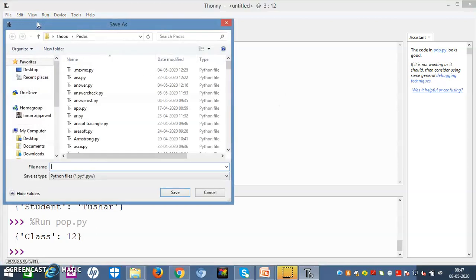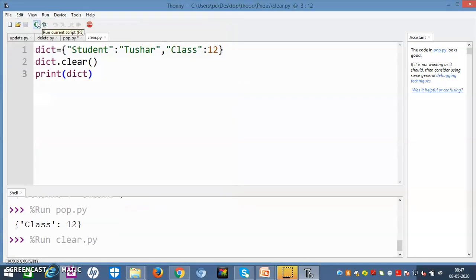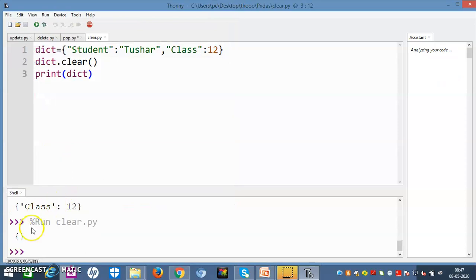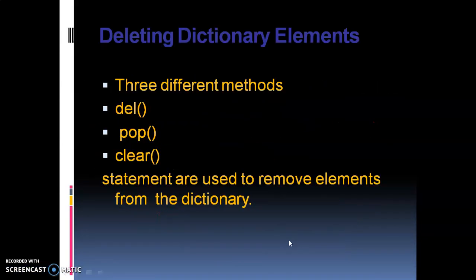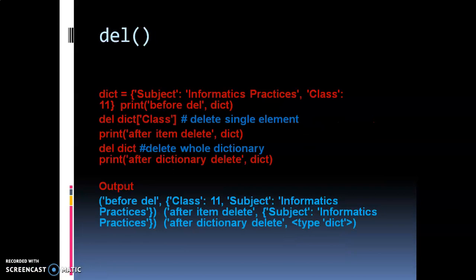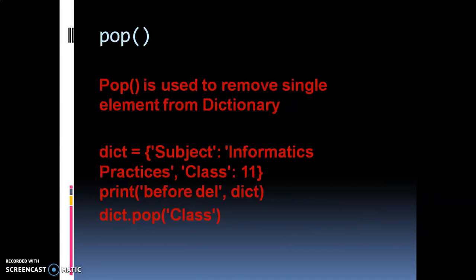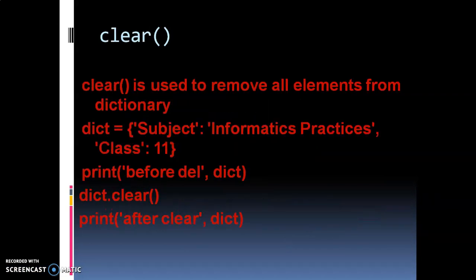Let us run this for you. Look, this is the blank, empty dictionary, right? So friends, we have studied so far three methods. Number one is delete, which will delete a single item or the whole dictionary. The other one is pop, and the other one is clear.